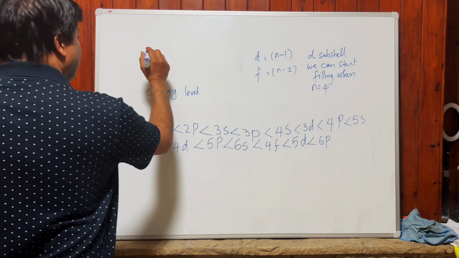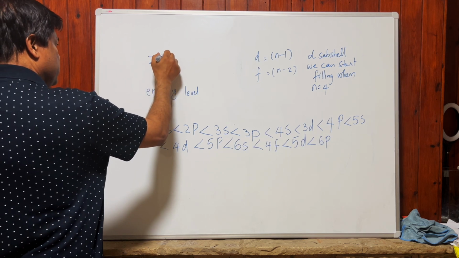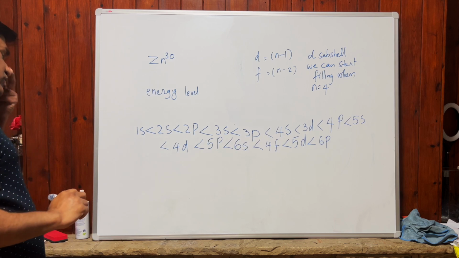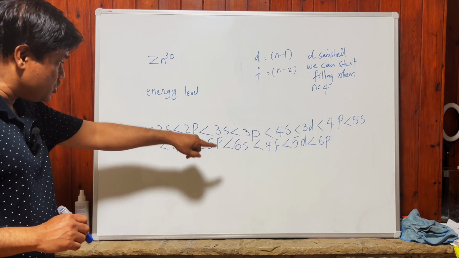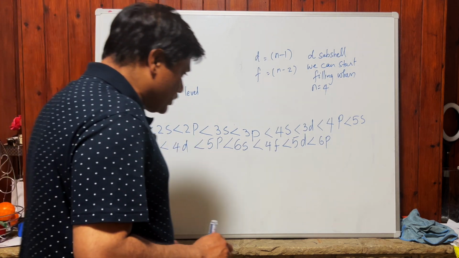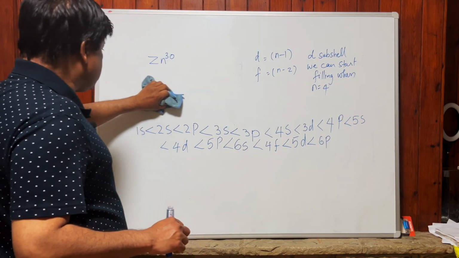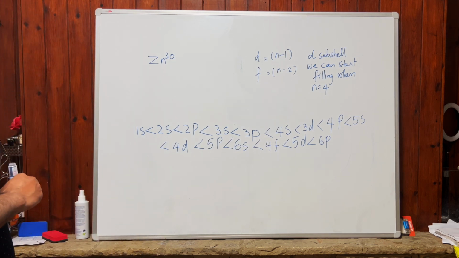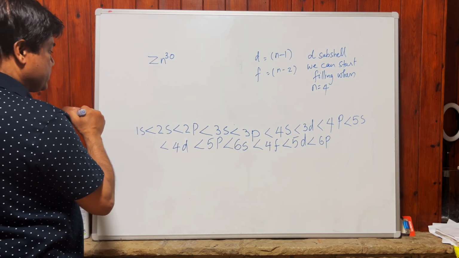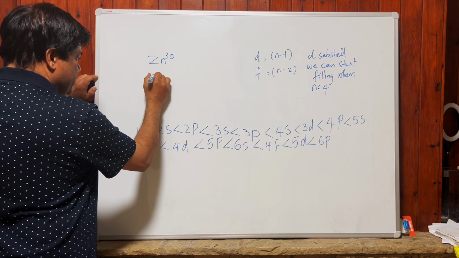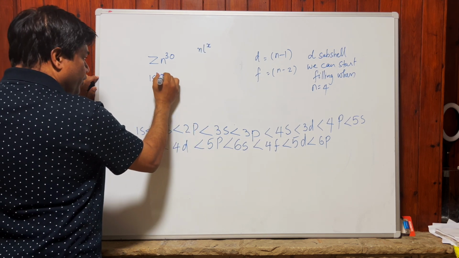We will do an easy one, for example zinc, 30. Why have I taken zinc 30? Because it has a d subshell. Now you want to try it, follow this energy pattern and try the electronic configuration. Write the electronic configuration of zinc 30, meaning zinc has 30 electrons. How do you fill the 30 electrons in various subshells and orbitals? So we start with 1s2 first. 1s has how many electrons? 2. Follow the n plus l method. Then we have 2s2,